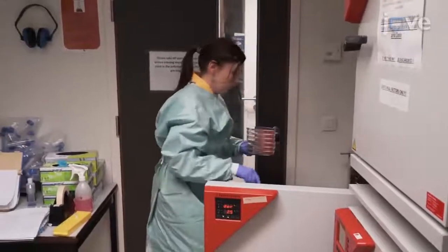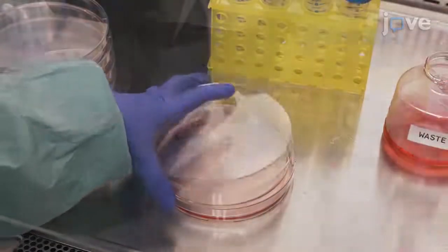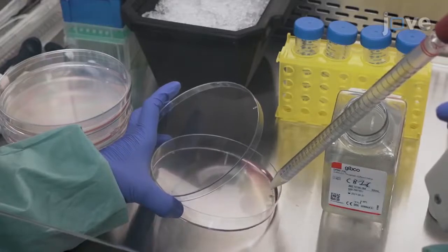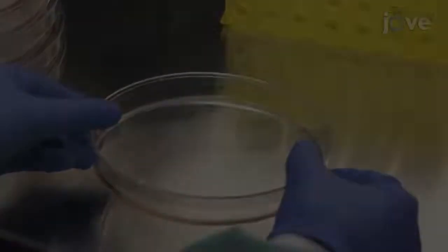Next, remove 6 cell culture dishes from the incubator. In a laminar flow hood, completely aspirate the medium from each dish. Rinse the dishes with 5 milliliters of pre-warmed DPBS to remove traces of the medium. Gently tilt each dish to ensure that